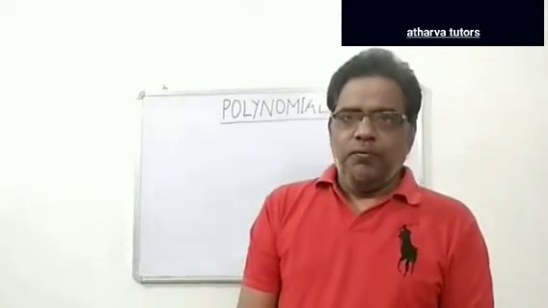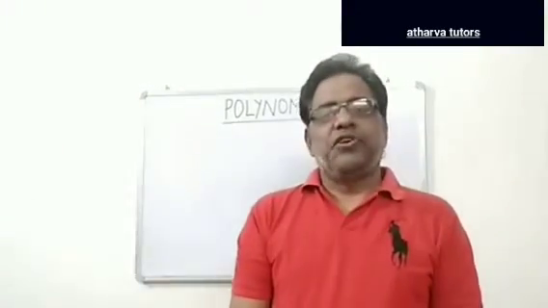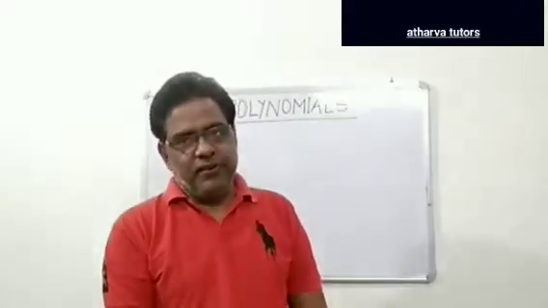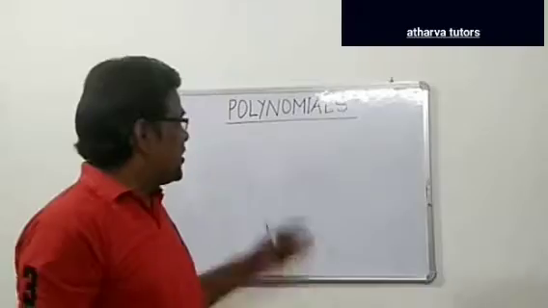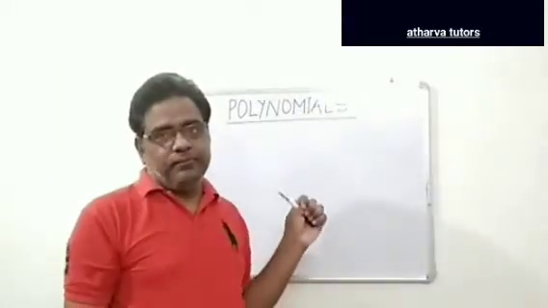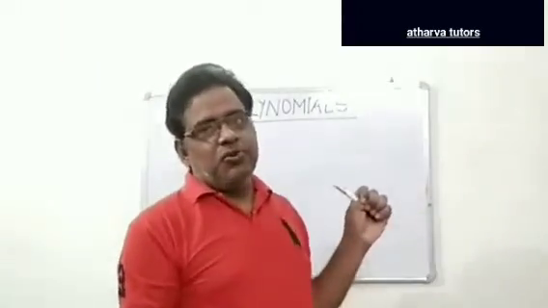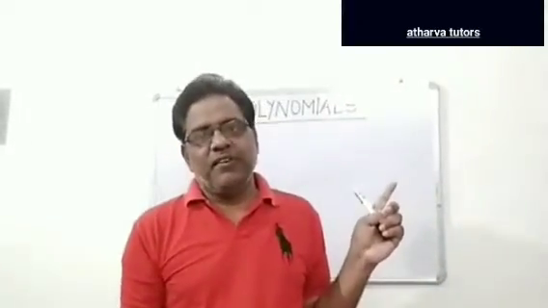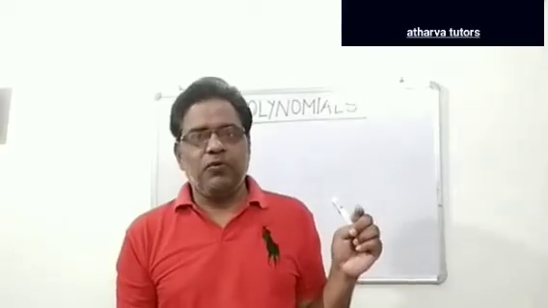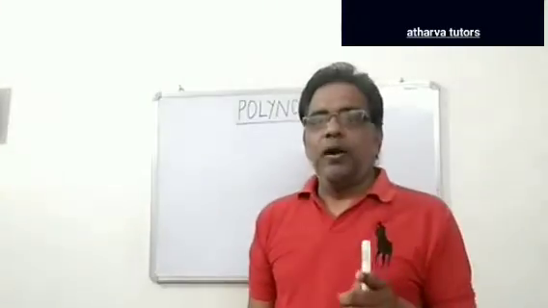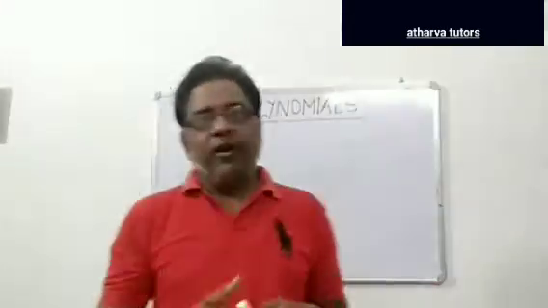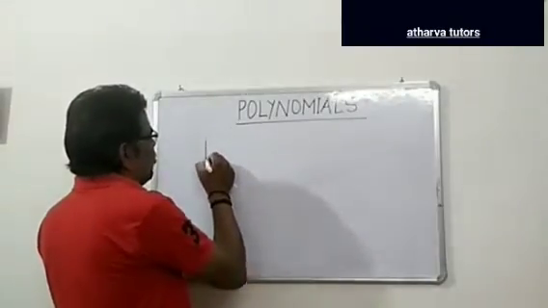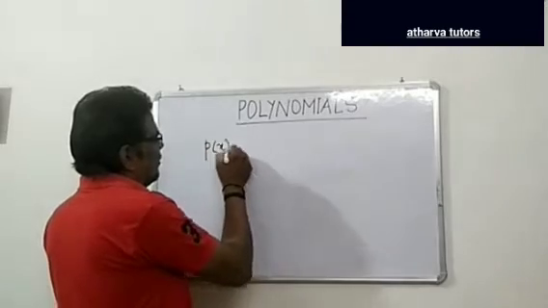Now we are starting chapter 2 of class 10 CBSE, and the name of the chapter is polynomials. Now my dear students, you have studied polynomials in class 9. That was polynomials in one variable, and when you studied there, the general form of the polynomial was the variable